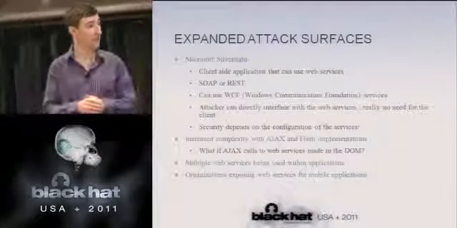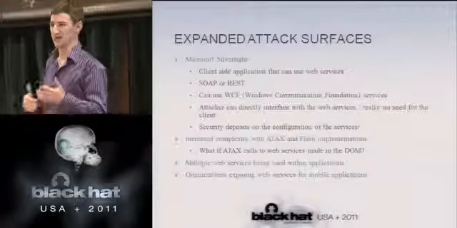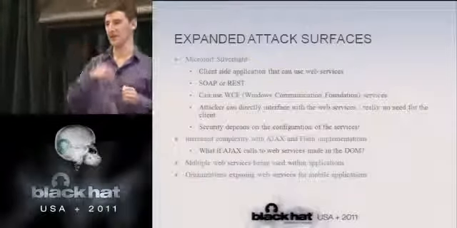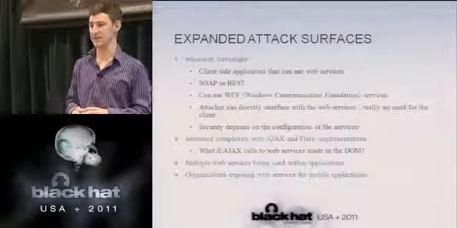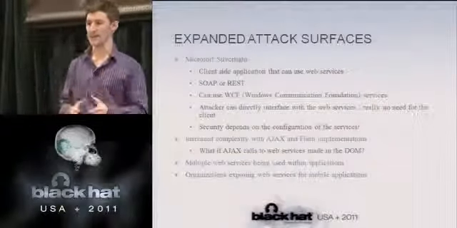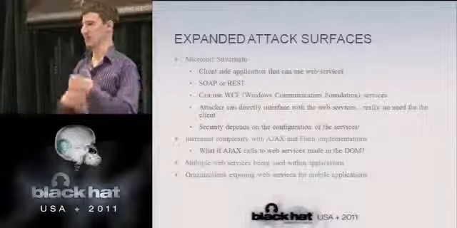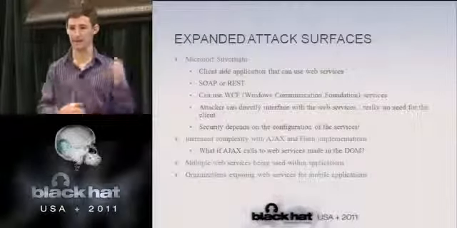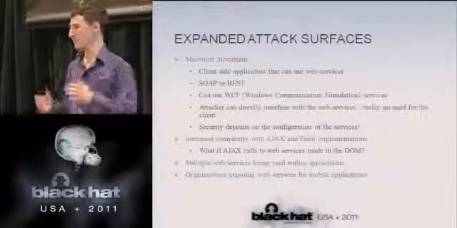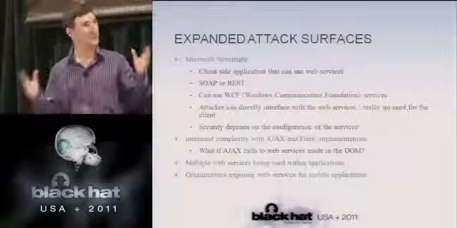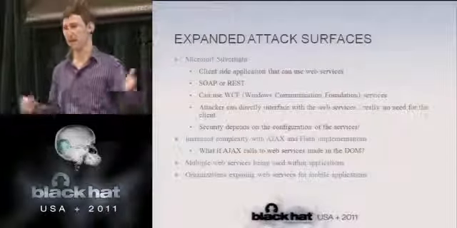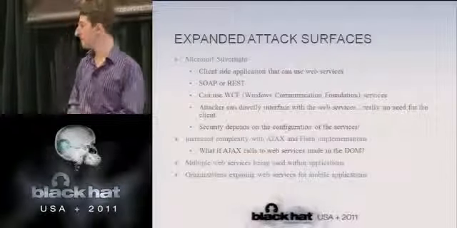Additionally, what about an Ajax request that's making requests inside of the DOM, right? Now you're going to need Firebug to go through all of those different communications, and potentially that could be outside the proxy, so it's going to be more difficult. When it's inside the proxy, at least you can put it into the Intruder and start doing fuzzing and that sort of thing. If it's inside Firebug, you have to verify and double check. So definitely make sure you're aware of the potential for extended attack surface via Ajax, Flash, Silverlight.